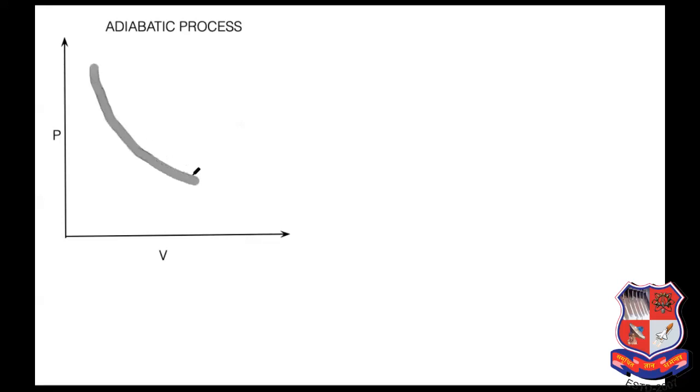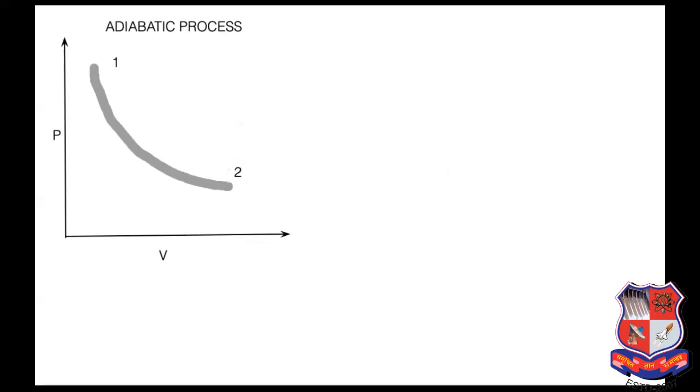It is the same as the isothermal process, a hyperbolic curve. So here is P, and this is the volume axis. I write down the pressure P here, and volume here in the PV diagram. So it is a hyperbolic curve like this. Okay, so this is state 1 and this is state 2.